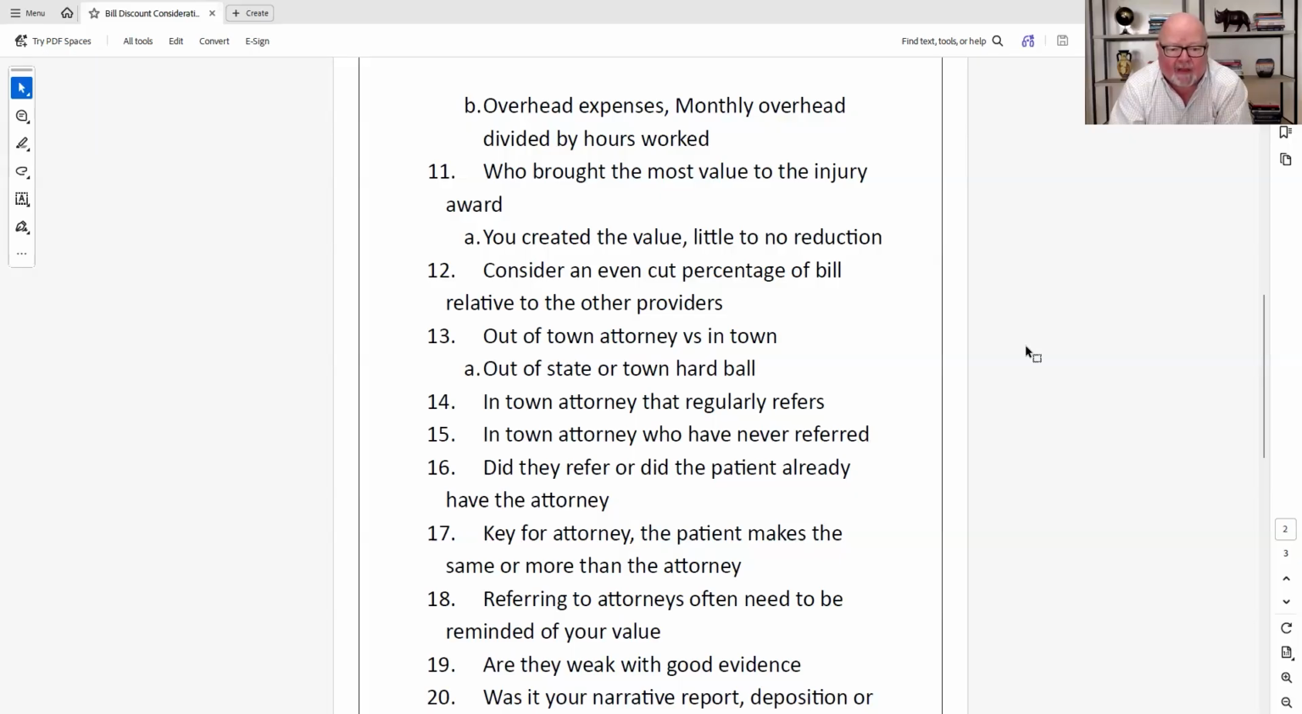Obviously, if it's an in-town attorney that regularly refers, he's not going to be asking you to cut your bill unless there's some really dramatic reason, because he should have already been sold. He already knows the value of what you're doing. That's why I say I never had a medical bill that was less than 3-to-1. But if I had an attorney referring to me, and for whatever reason my medical bill came back less than 2-to-1,